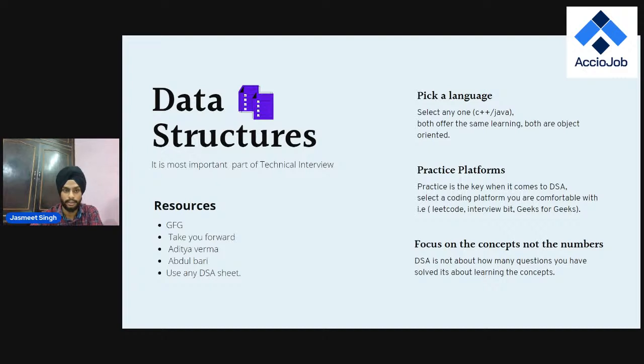Any other doubt? Dipanshu is asking about C sharp. Dipanshu, what I would recommend is that learning C sharp is not recommended when you are starting or preparing for an interview. When you are performing in data structures, there might be a chance you are not allowed to code in C sharp. It's not always the case, but there might be some probability that you will not be given an option to use C sharp.